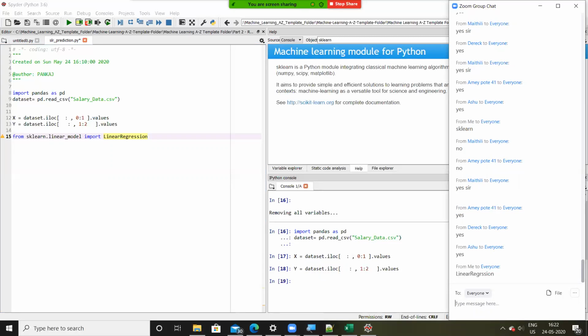This library allows us to perform the linear regression technique, that is, to find the relation between input and output for a linear data set. Have you guys noted this down? Can you quickly confirm it on the chat window?